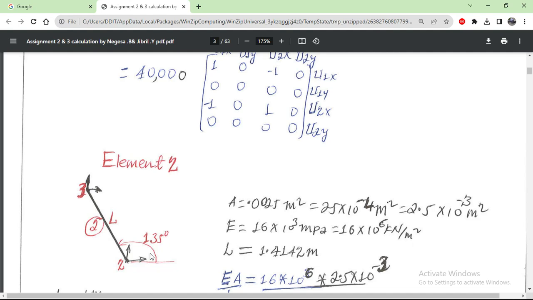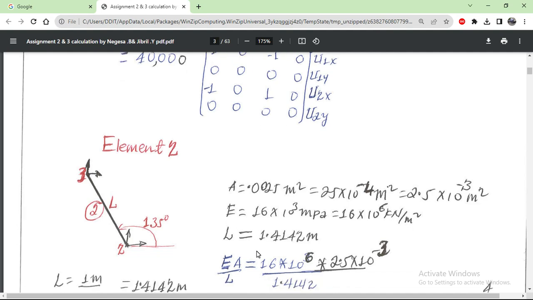135. This one is not given. We get it through calculations of the beam. Then after that calculation we get the length of these ones. Calculate this result by yourself. Then we get